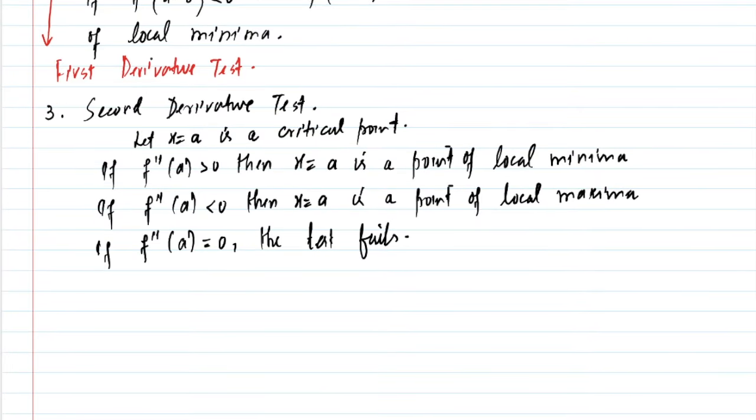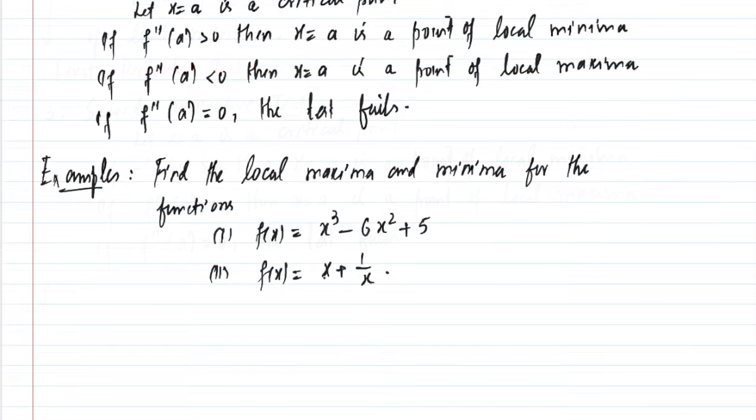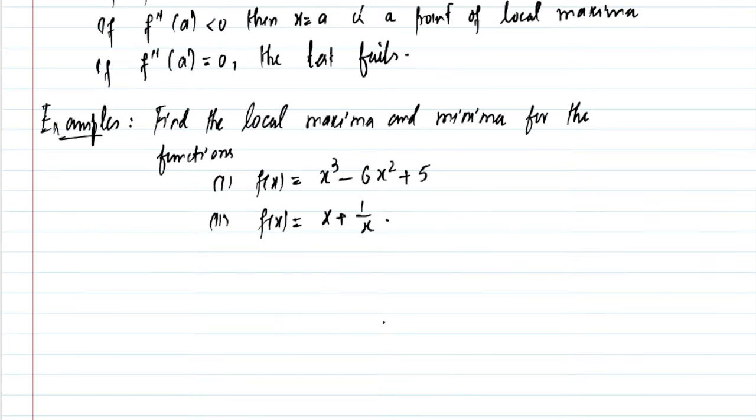Now let's take an example here. We have these two examples. We will evaluate the local maximum and minimum values of these functions at their critical points. Now let's take up their solutions. First let's take up solution 1. So we are given